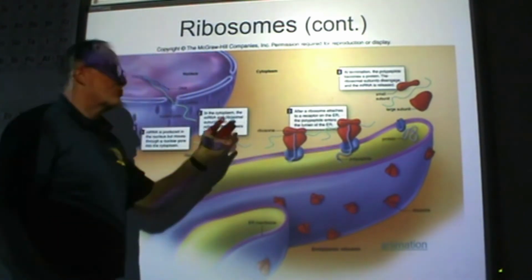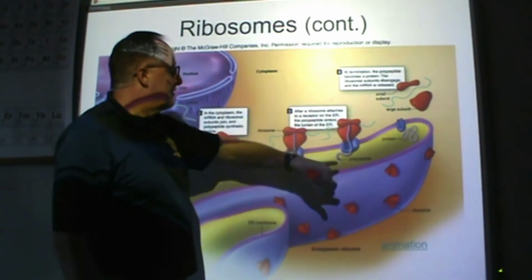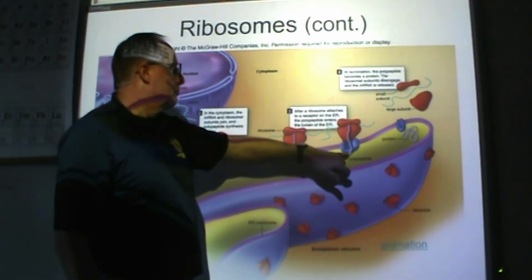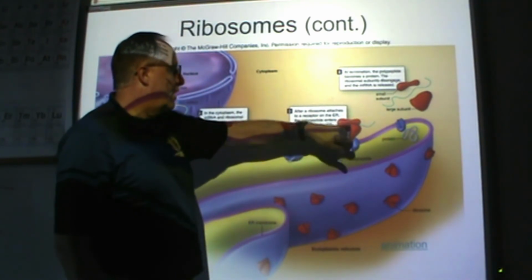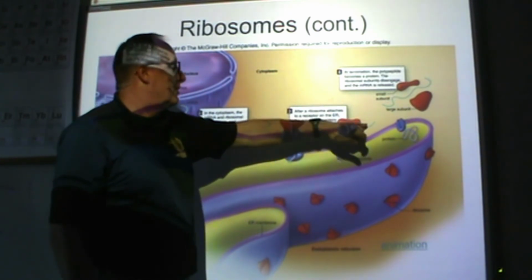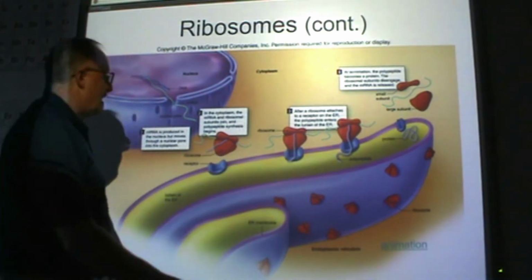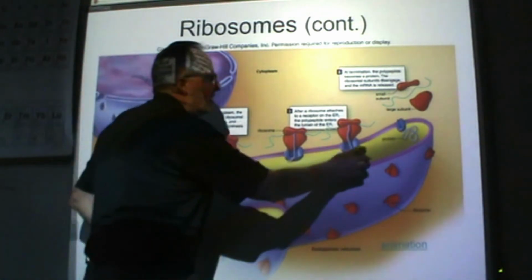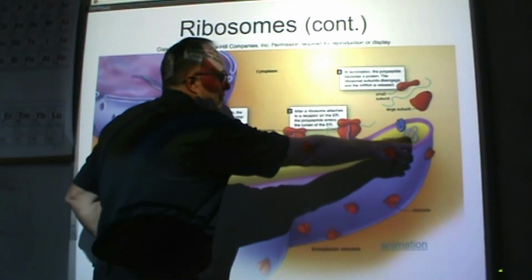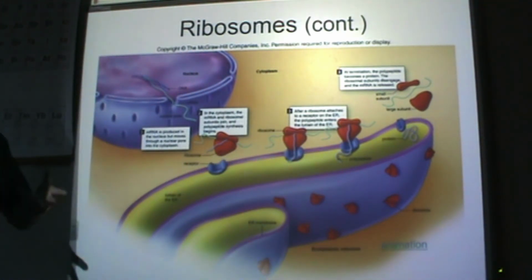Trucks called transfer RNA bring in what look like blue beads, one at a time, and the right ones get loaded depending on what the code is on the messenger RNA. When it's finished, it gets put into the endoplasmic reticulum, and then it gets folded into